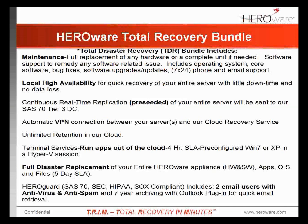And you're going to get a full disaster replacement of your entire HEROware appliance. So what does that mean? Well, if you have a true disaster and you or your customer submits to us the insurance claim, so we can prove that it's a true disaster, we'll send you out exactly what was destroyed. If it was a VCA, DVCA, we don't care. With all the software, all the hardware, and all your operating system apps and OS,